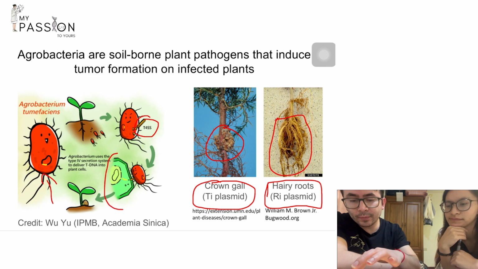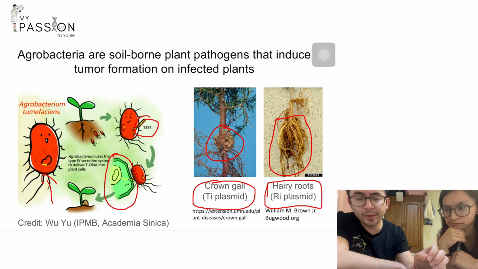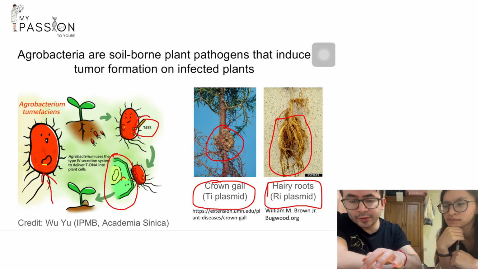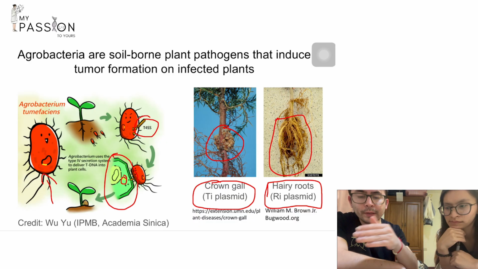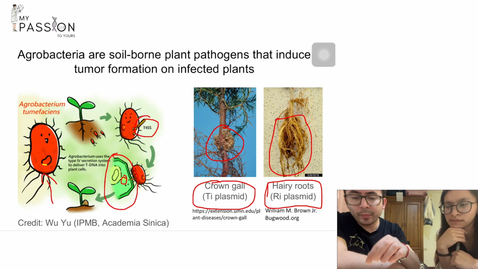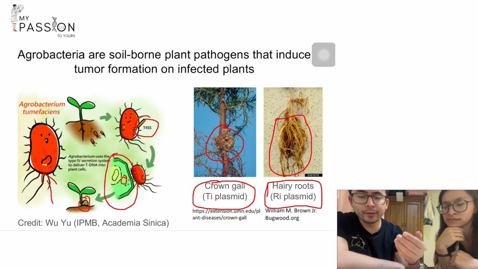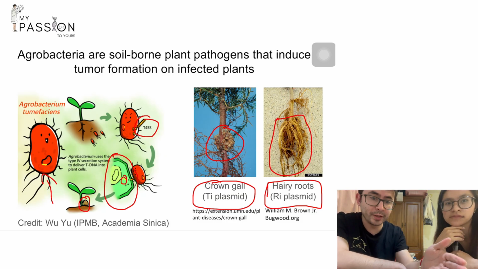So this thing that you see here is a plant cell, and you can see that the bacteria is physically injecting the plant cell with the yellow line that I mentioned before. And this yellow line has a series of bacterial genes that when they are translocated to the plant cell, they are going to be expressed. And by expressing those genes from the bacteria, the plant is going to have that phenotype that corresponds to both the crown gall or the hairy roots, depending on the type of plasmid.